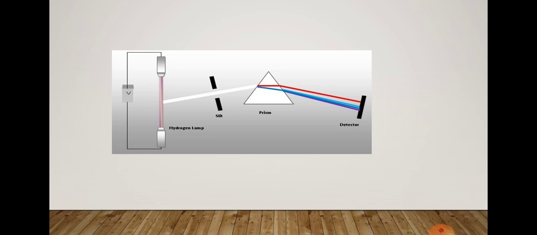Like this only, each element gives its own characteristic spectrum. Line spectra of different elements are different. Thus, line spectra can be used for identification of different elements. The spectra of the elements are described as their fingerprints. As you can see, everyone can be found out with their fingerprint, so like that only this line spectra is also the fingerprint of every element.